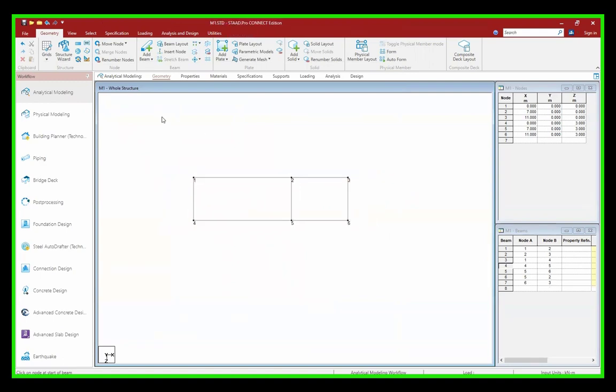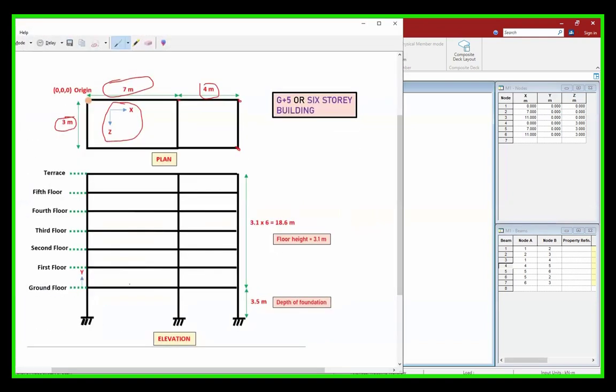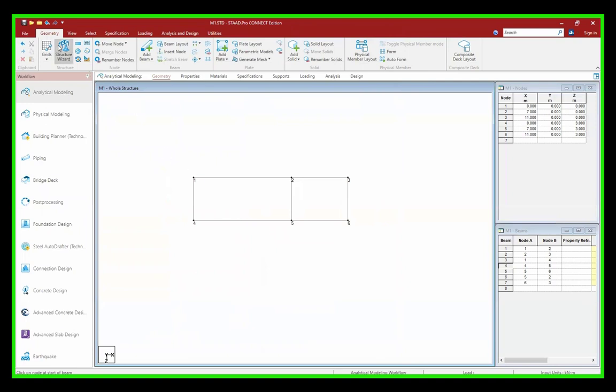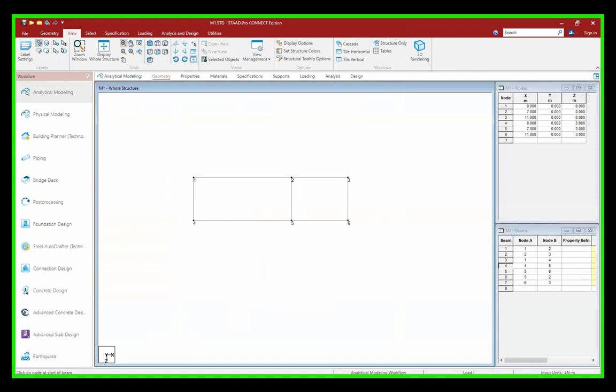Now, what is the next step? I have to make the same thing at how many levels? 1, 2, 3, 4, 5, 6. 6 levels, and floor to floor height is 3.1 meter. So how to do that? For that, just go to isometric view. How to see isometric view? Go to view, and here is the option isometric view. View model from a point to its left and above. So this is how, when you see the isometric view, you can see all three axes would come up, and this is how you can see, right?